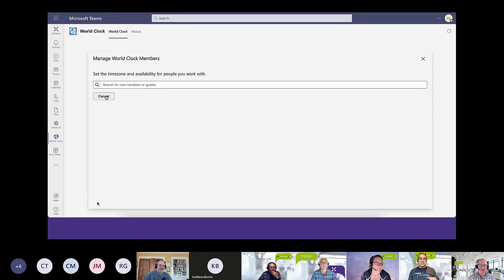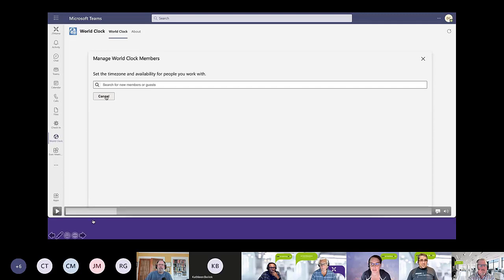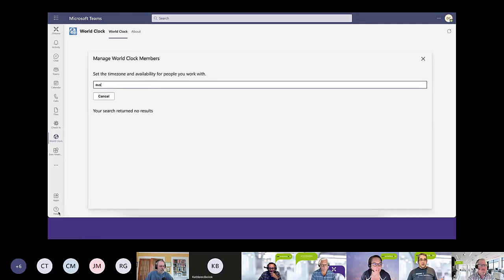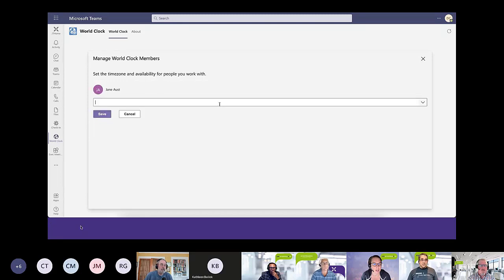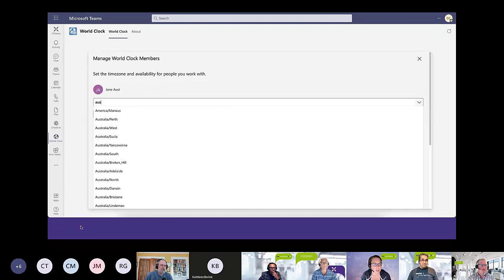Initially, that loads in those sort of 20 people. You also can add anybody from Active Directory. So here we're going to come in and we're going to search for somebody. We're going to search for Jane, who's in Australia. And you can add anybody, as I said, in AD. You can also set her location. The personal app